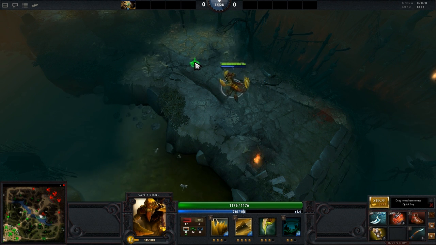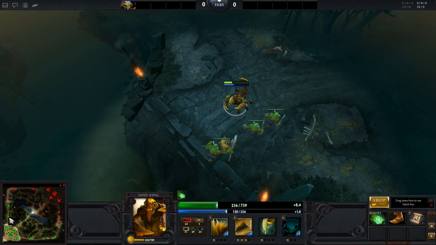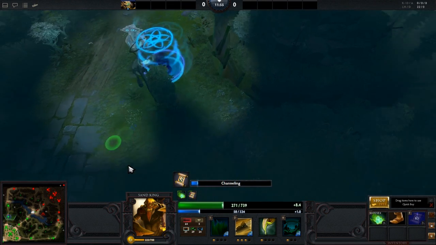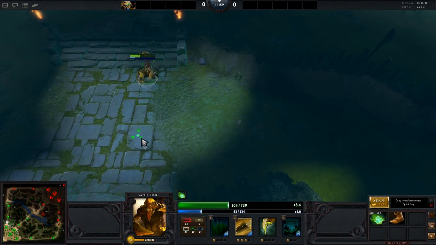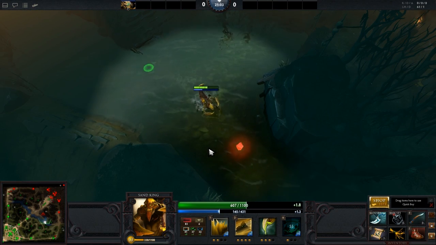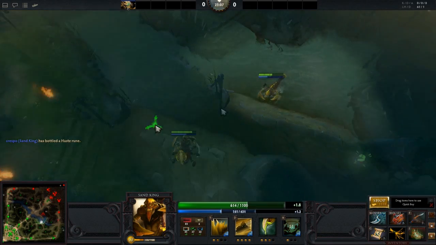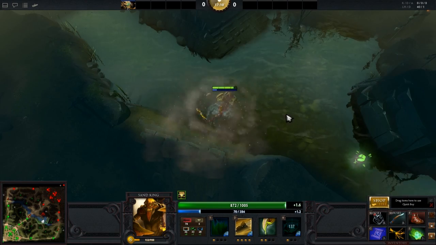As I demonstrate here with the TP scroll as well, if you shift click after your TP, it's going to make sure that you don't accidentally click to the side and cancel your TP, and you're moving as soon as physically possible within the game. You can do the same here with picking up runes, with using channeling abilities, but the way this really comes